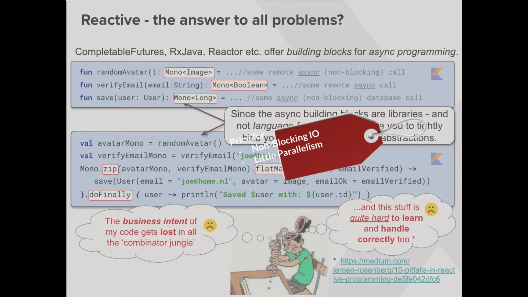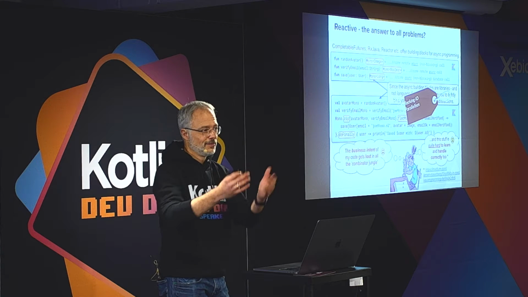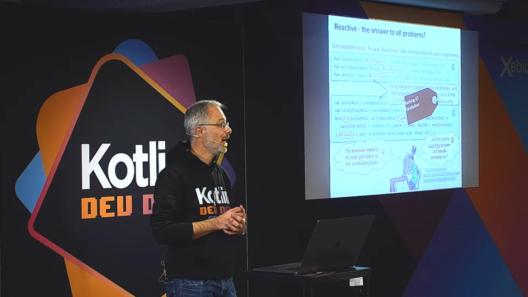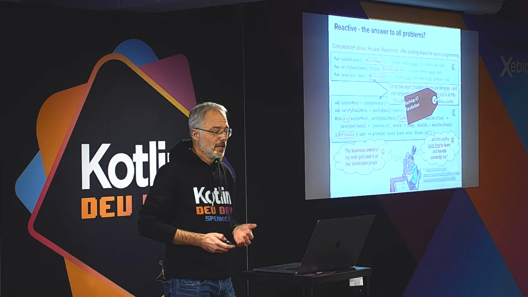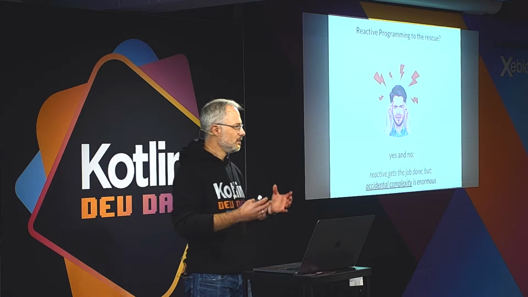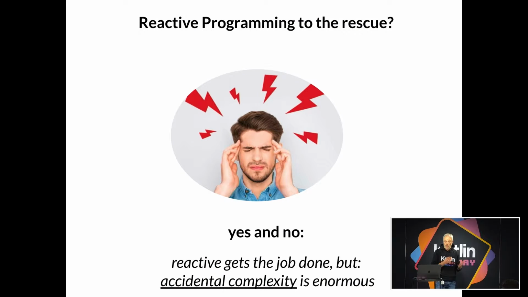For actually 2 reasons. Maybe a third, but for now 2. Only because we wanted non-blocking I/O and a little bit of parallelism. Because we wanted these 2 things, we sold our soul to this framework, letting it dominate and pollute our whole application. So, as a summary, reactive toolkits solve the problem with better resources, responsiveness, resilience, and so on,